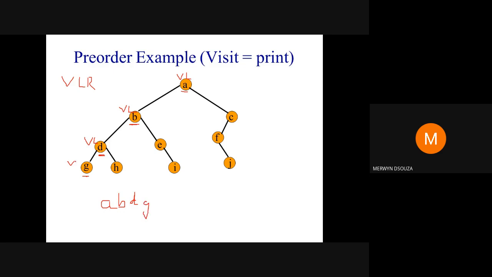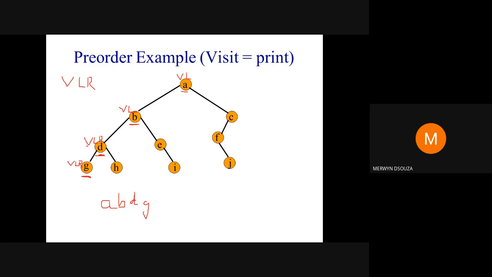Try to go left. Can't go left. Try to go right. Can't go right. So you have done all the steps for this node. Therefore you go to the previous node. So you come here to D. Here what step is remaining? The right one is remaining. So perform that.